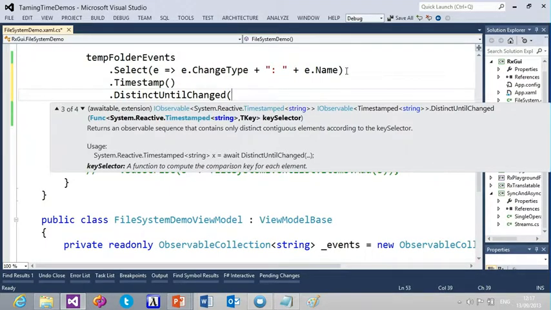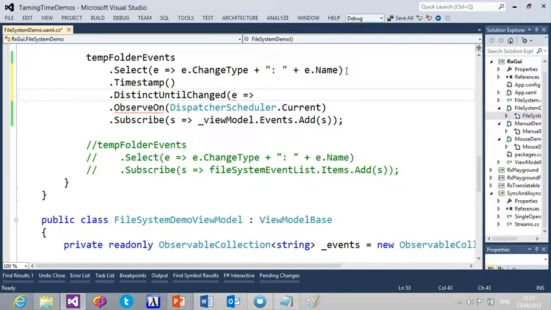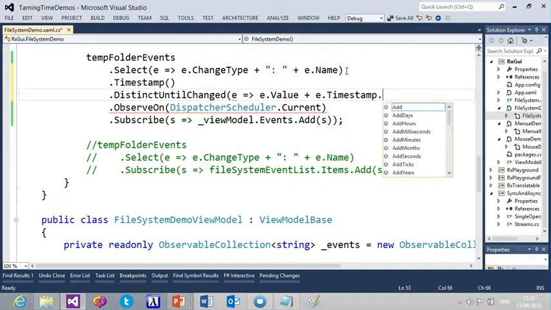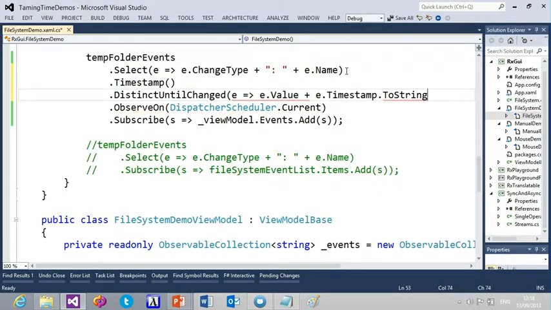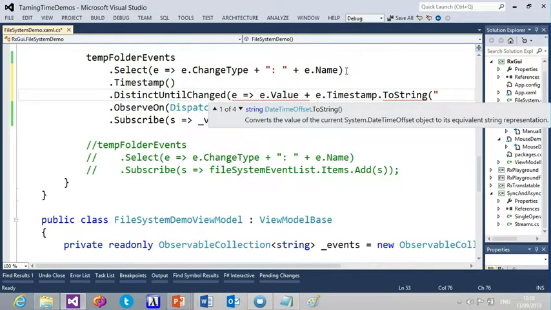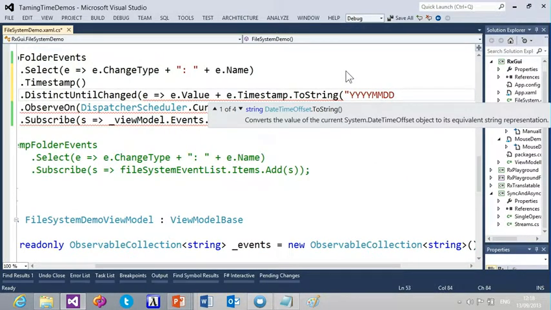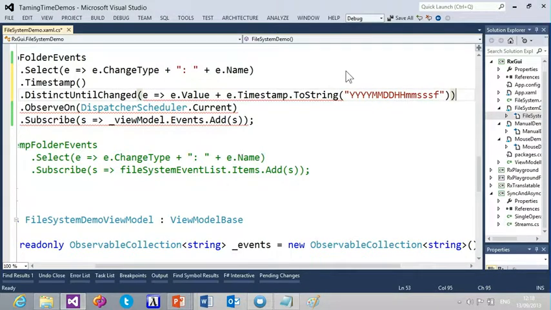So E goes to E dot value plus E dot timestamp dot to string, let's say yyyyMMddHHmmssff. So if they happen within, say, 1/10 of a second, then